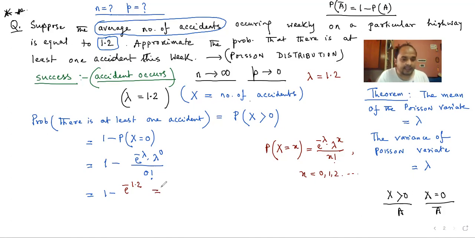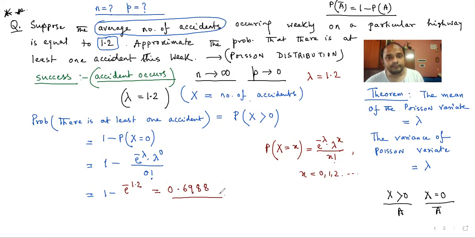Even if you keep this probability in this particular form, it is fine. The application will be judged by whether you are able to judge the situation and apply the Poisson probability law. Not the value, the value will not be judged. Anyways, the value is coming to be